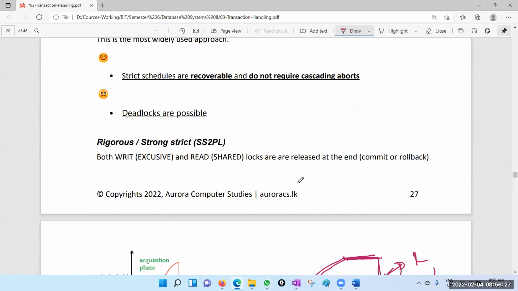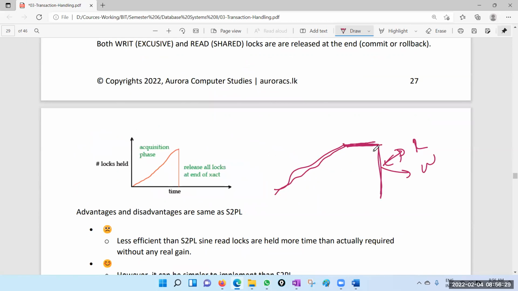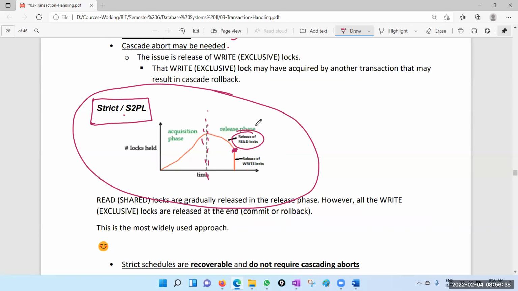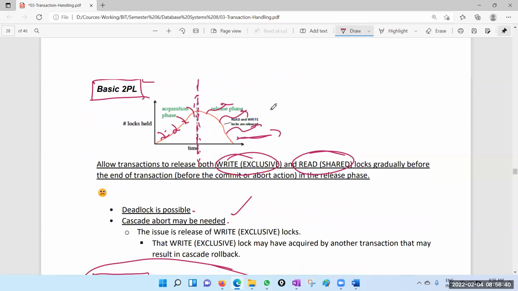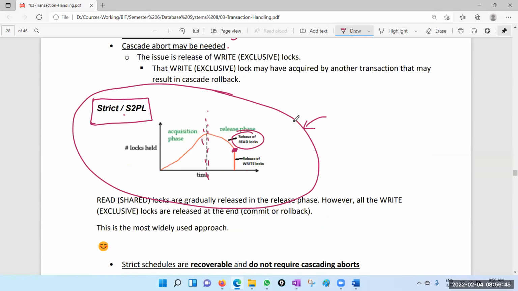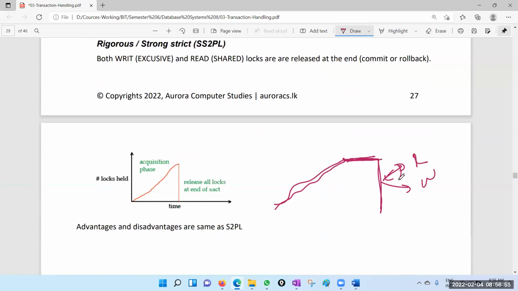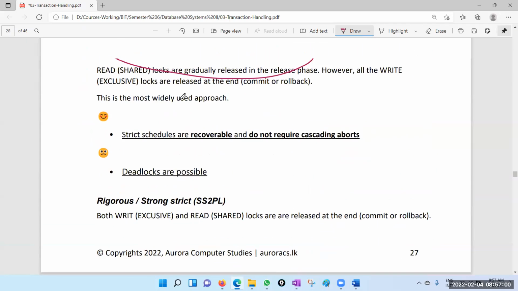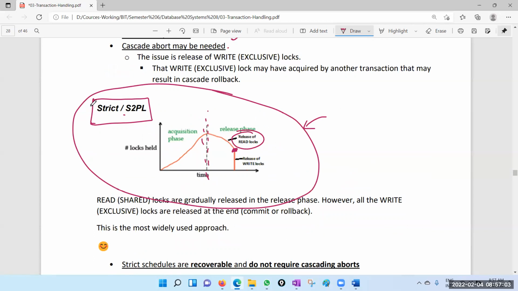Sorry, it's more efficient than this one because here you are not releasing anything until the end. But here you are releasing the read locks. Okay, it's more efficient than this one. And this one has less trouble than this because this one has a trouble of cascade rollback. But this one doesn't have that issue. At the same time, this is reasonably efficient. This one has no issue, but it's very inefficient. So therefore, typically databases prefer strict two-phase locking,